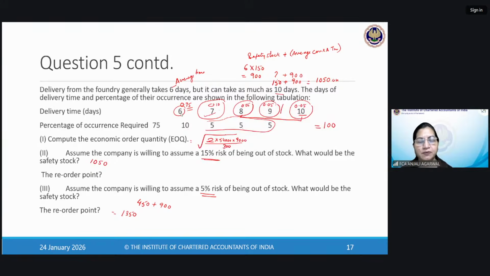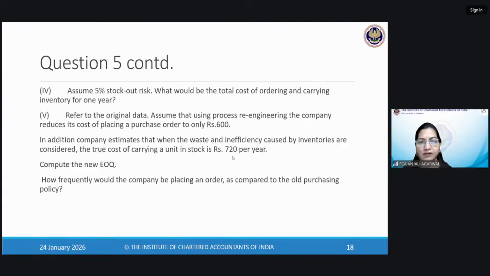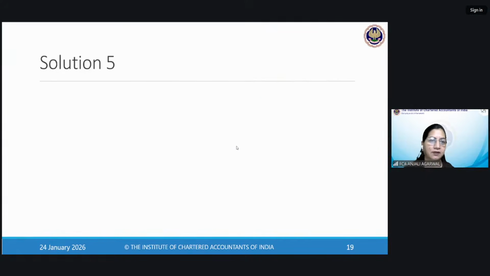So the delivery time could be 6, 7, 8, 9, 10 days, and your average is 6, and your per day consumption is 150. So once again, like the previous question we have done, if you keep zero safety stock, you are prepared for the sixth day. But if the delivery comes on the seventh day, eighth day, ninth day, and 10th day, you are going to be